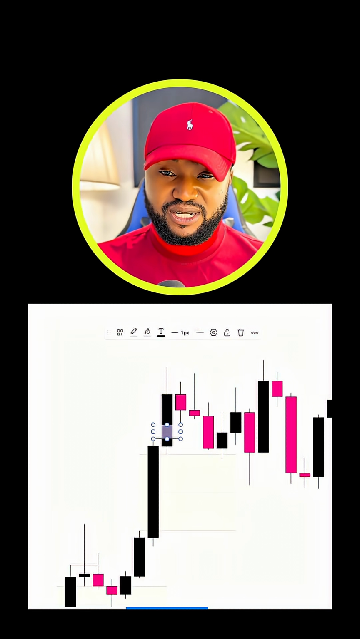You have a non-breakaway gap here. What do you see? Price coming back to fill it up. Most of the time that you will see a non-breakaway gap, you will see price coming back to fill it up. Almost